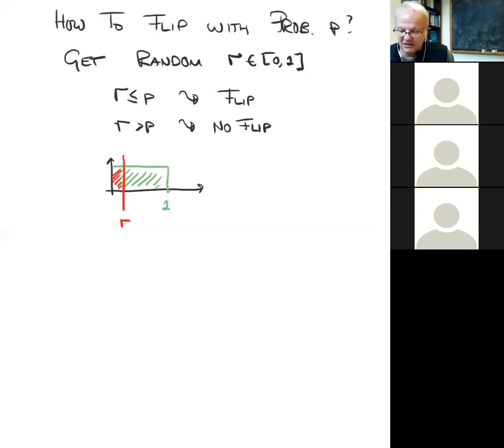And so this step, by the way, is sometimes called an accept-reject step. Roughly speaking, if we flip, then we had a proposed change to the spin, and we decided to accept. And if we don't flip, then we rejected it. And that's a common feature in many of these Monte Carlo type algorithms, that there is a proposed change to the configuration followed by an accept-reject step. The accept-reject step ensures that the proposed change occurs with the correct likelihood.